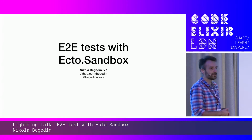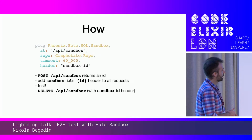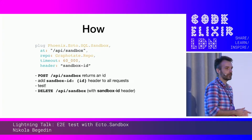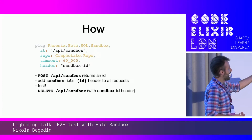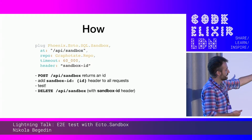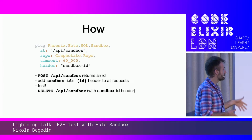That there's also an Ecto plug of a sort. So you can basically do this. You define this plug at your endpoint, and it exposes a route, which is, for us at API Sandbox, something you can hit with a post request, and you get an ID back. This is the ID of the Ecto Sandbox for your test. You then add this ID to all requests in your front-end framework, and they basically work through a sandbox. You can write your test, and after the test is done, you send a delete request to the same endpoint,